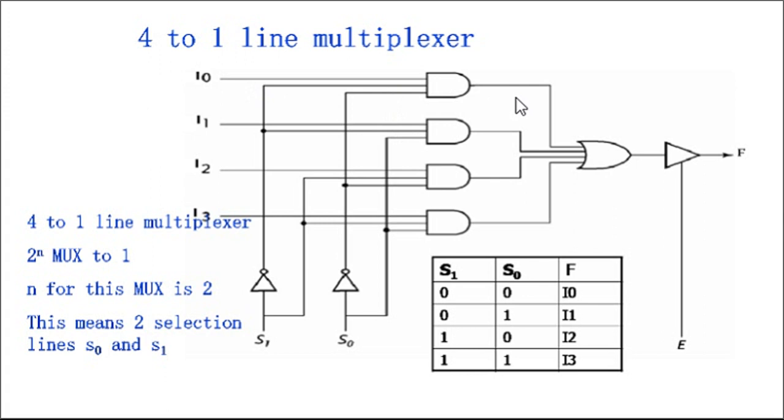These are multiplications, so one term will occur here. Like this, the second, third and fourth terms will all be combined and connected to the OR gate, and its output is connected to a buffer. Finally we get the output F. If you want, you can apply enable again, it is okay, there is no issue. In this way the 4 to 1 line multiplexer will work. Hope you understood the 4 to 1 multiplexer.